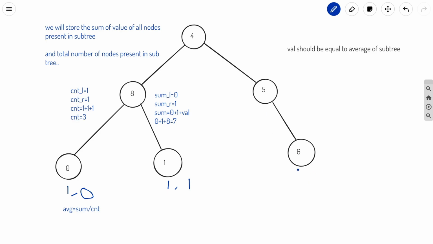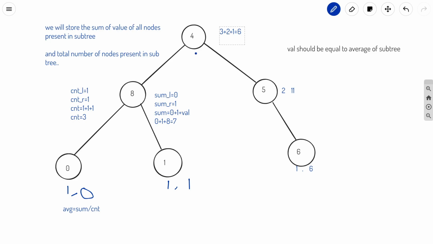So here we can see that count will be 1 and sum will be 6. So 1 and 6 will be stored here and used here. So count will be 2 and sum will be 11. And here, count will be 3, here 2, so 3 plus 2 plus 1, that is 6.